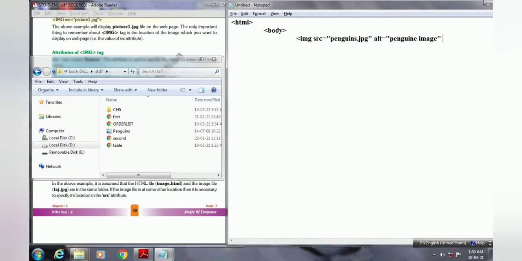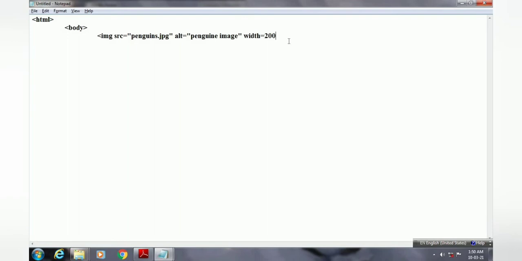Next we are setting the height and width. Here we will set the width of our image to 200, and the height is also 200. Now we close our angular bracket.